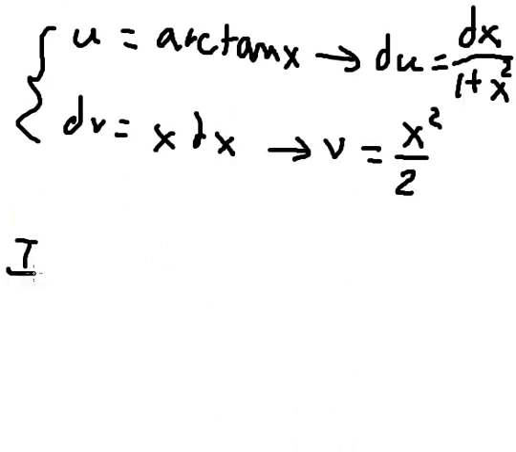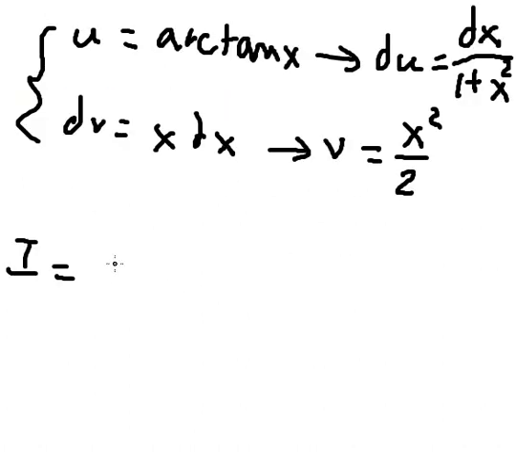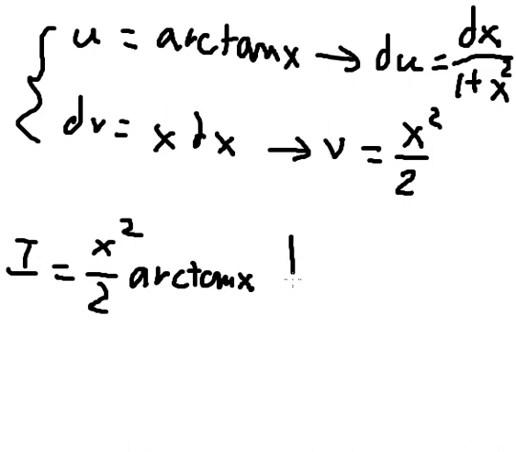And now we have u multiplied by v, and that is arctan of x multiplied by x squared over 2. And we put the bounds from 0 to 1